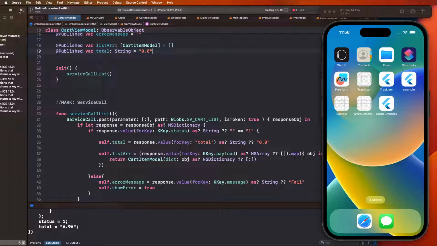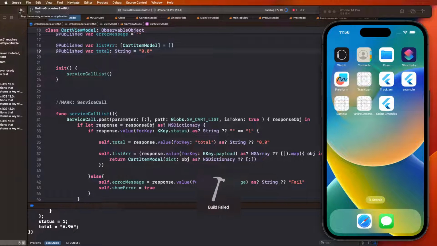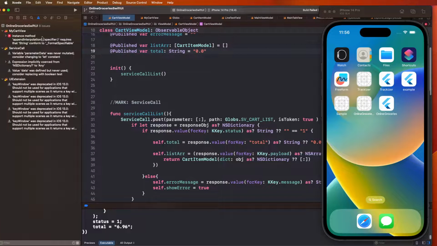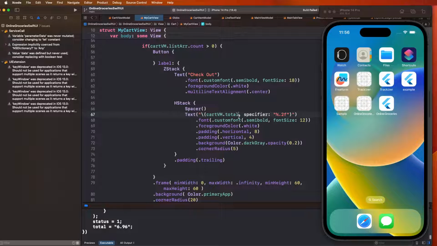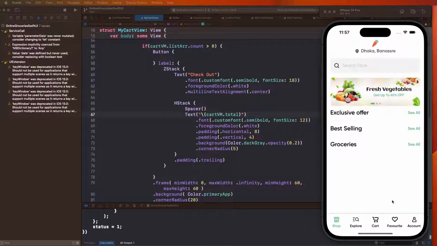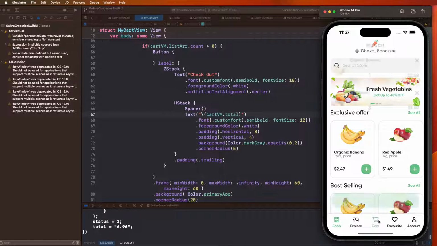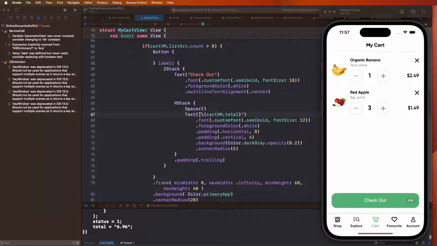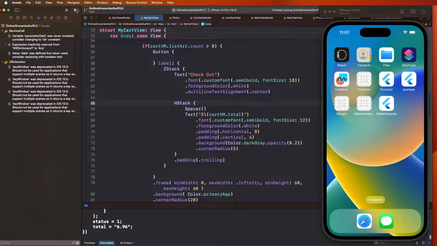Now need to restart this app. And this app runs and to test. Now need to go inside cart view and to display this years and to sign. Now restart again this app,